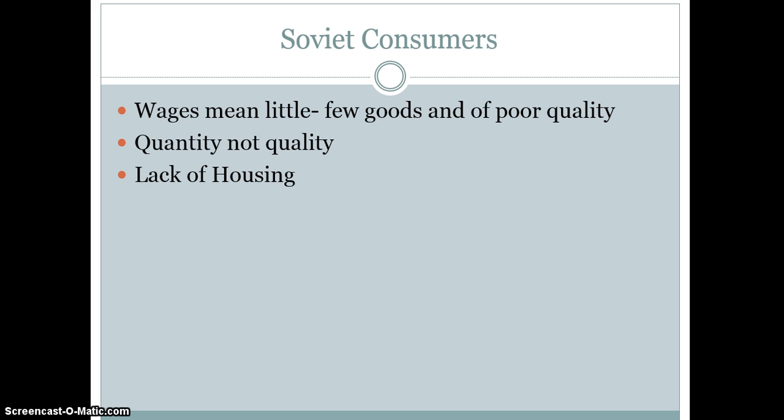Soviet consumers. We talked about how they earned a wage. Well, wages mean very little, because there were very few goods they could buy, and they were of poor quality. So they could have $100 million in the bank and have nothing to spend it on. And the reason for it, as we said, is people made quantity, not quality. Yeah, I've got to make 100 sweaters. I don't care what they look like, how they fit, or anything else. If one arm's longer than the next, I just want to make 100 so I can meet my quota,